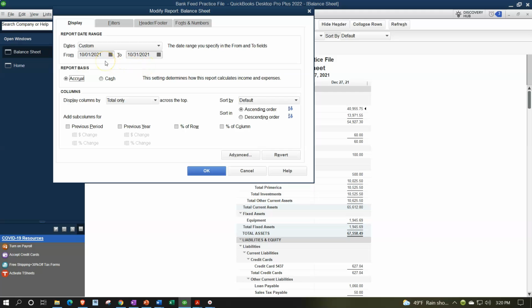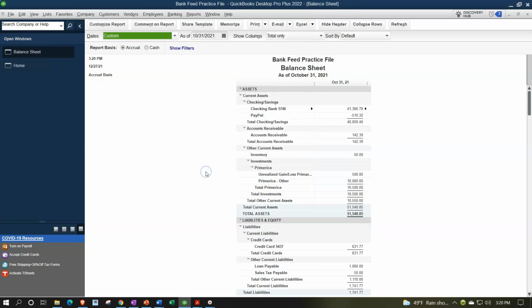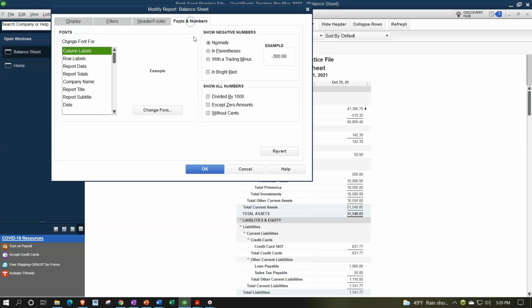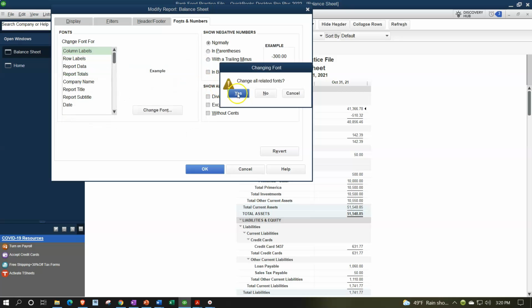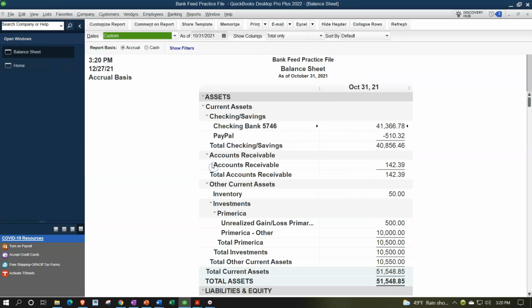I'd like the beginning date at the beginning of the month, so when I drill down on the information in the bank account, we get the detail for that month. So I'm going to say OK. There we have it. Let's customize it again because I also need to change the fonts and numbers. Changing the font size, let's bring that on up to 14. I'm going to say OK. Yes, please, and OK. Second month of bank reconciliations now as of October 31st, which should be very straightforward, assuming